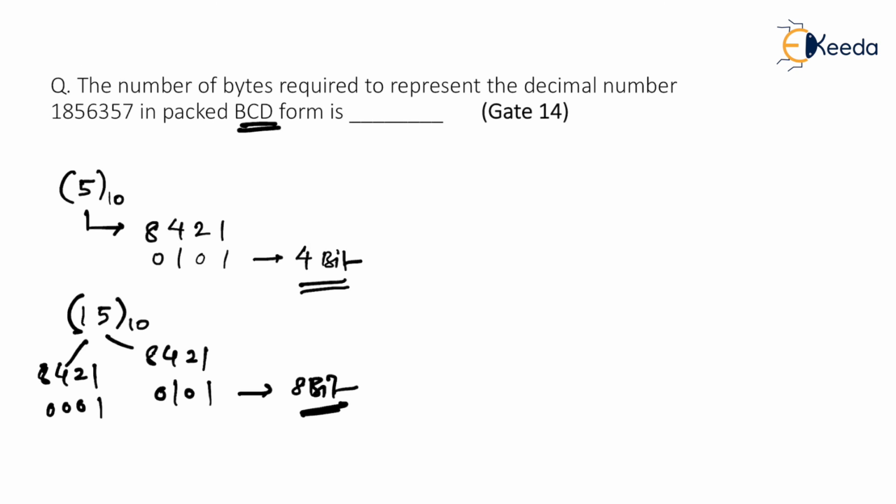Now let me come to a very important conclusion. If you want to represent a decimal number in BCD form, every digit of decimal gives you 4 bits. Please try to emphasize my statement. Every decimal digit gives you 4 bits of binary in BCD form. So if you want to represent 15 to the base 10, of course you require 8 bits. If you want to represent, let's say, 123 to the base 10, without really converting it, can you guess how many bits are required? Of course 12 bits will be required. So this would be a 12-bit BCD number. Am I right?